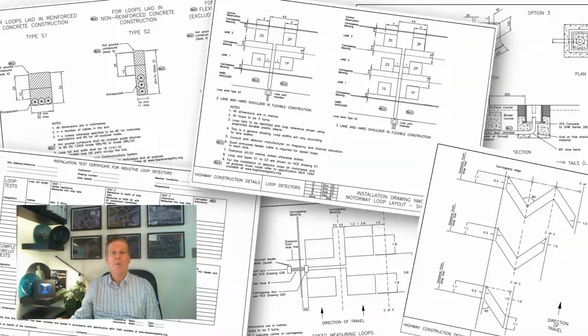In the UK, the requirements for inductive loops are set out in the Manual of Contract Documents for Highway Works, or MCHW for short, in the Highway Construction Details G-Series drawings. The set of 32 drawings provide details of the various construction elements required for different inductive loop detection applications. Further technical guidance and links to other documents is given in MCH 1540, the specification for installation of detector loops. Also, the Federal Highway Administration Traffic Detector Handbook covers this.